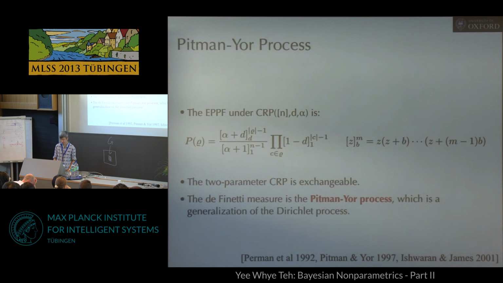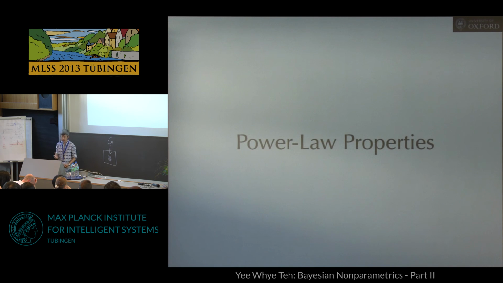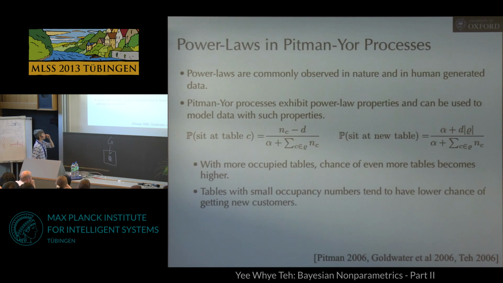Okay. So, as I said, one of the nice properties of the Pitman-Yor process is that it has this power law properties. And you can see this from the generative process, right? Because firstly, with more tables, the chance of even more tables becomes higher. So we expect that the increase in the number of tables is going to grow